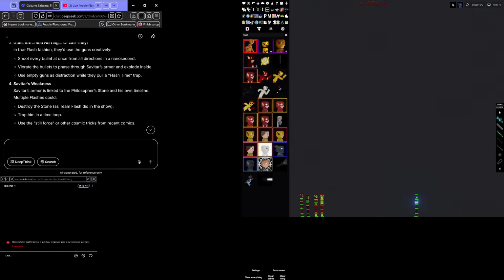Okay. So they want me to basically just take every single Flash here and move them over here, like this. Okay. That does make sense, actually, because they could just surround him and then